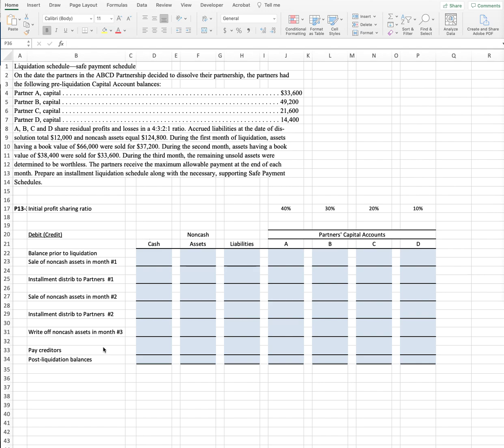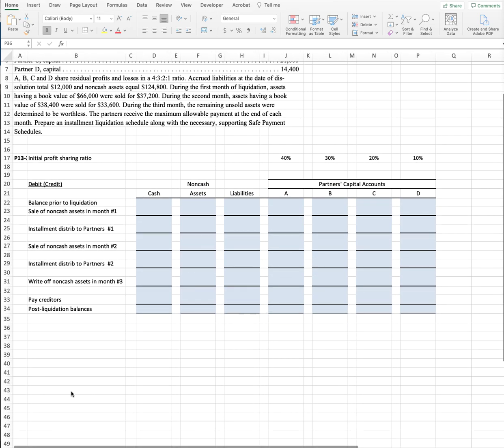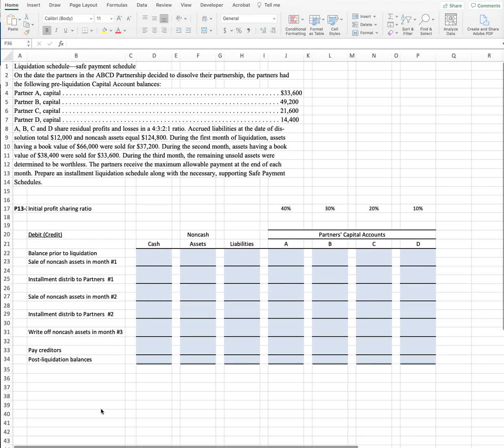And then we have the schedule down here below. We're also going to put some of our calculations for these installments to each partner down below. So I'll try to get it as close as possible so that we can see it all on one screen. So our balances prior to liquidation, we have some of that information that we can go ahead and fill in. Non-cash assets up here for